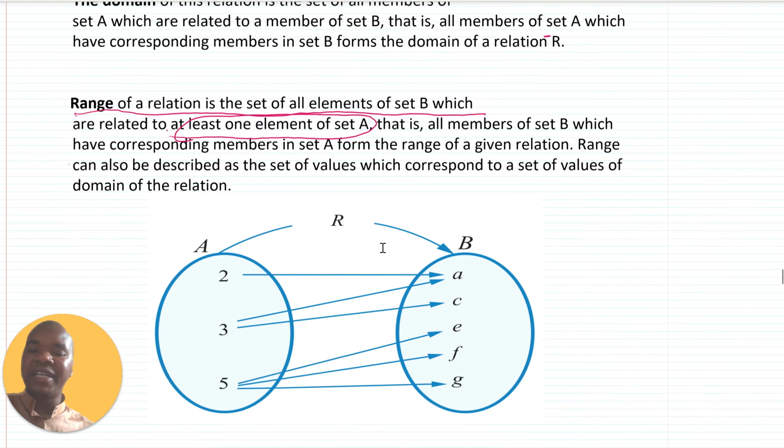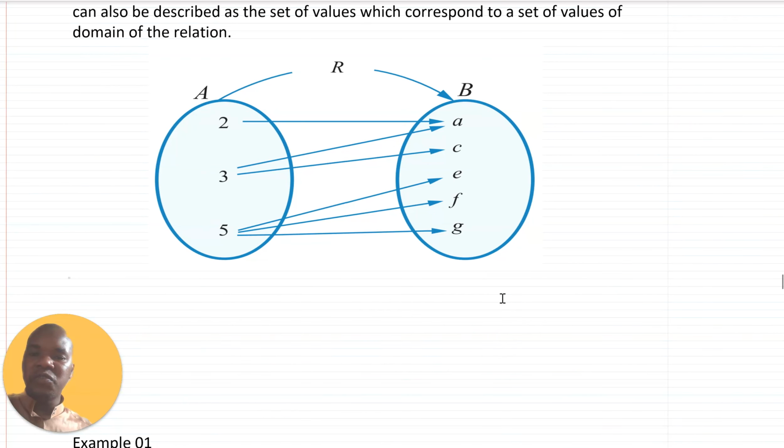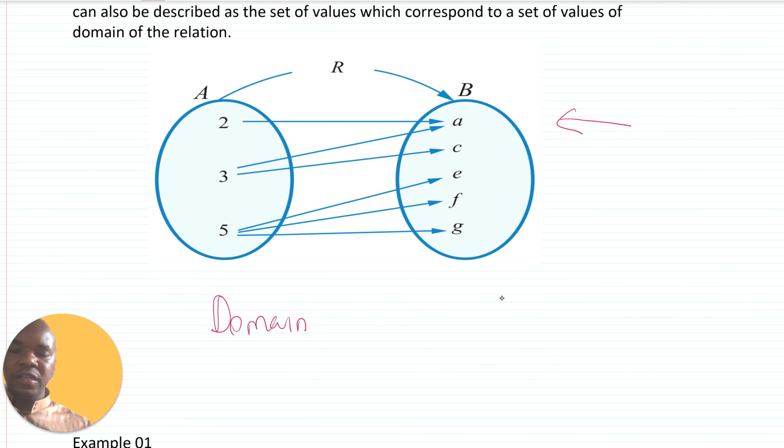If we have a relation like this one here, from it you can easily identify what is domain and range, and from this we can clearly say that domain is going to be